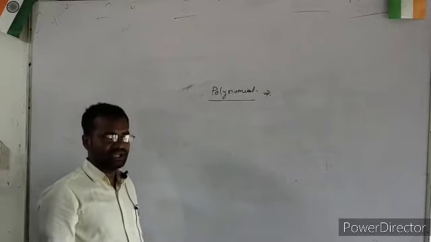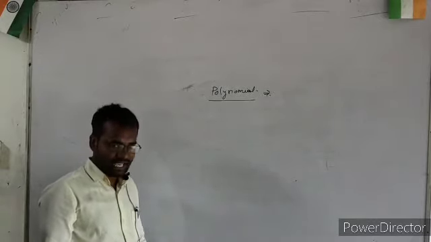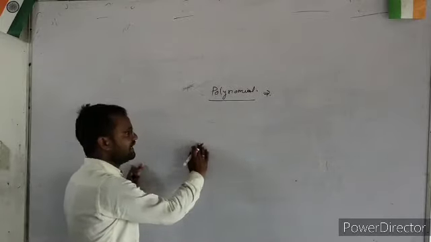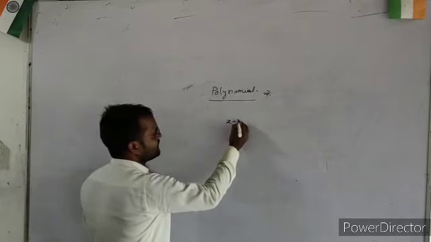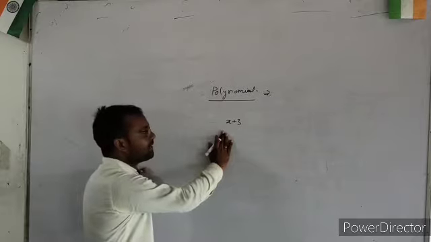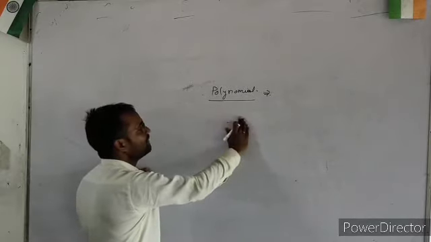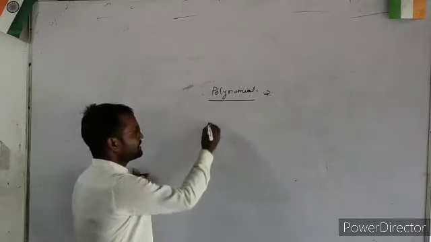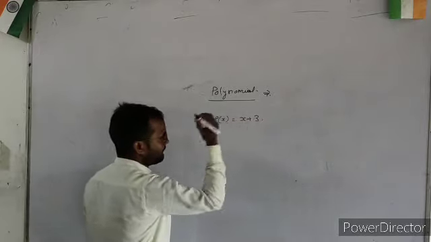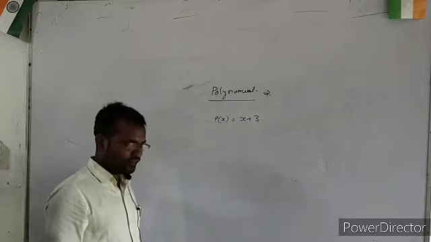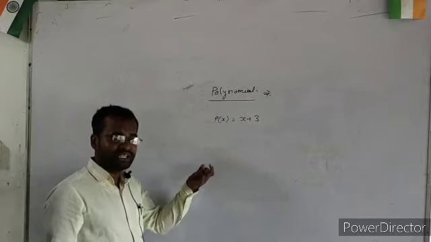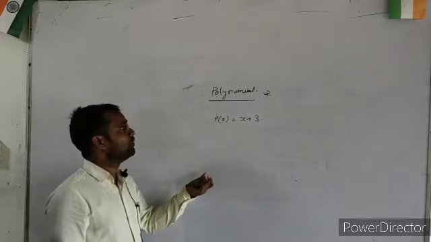In the 8th standard, students, we studied algebraic expressions. In algebraic expressions, we studied things like x plus 3. That is what? An algebraic expression. Okay students, but in this chapter, in polynomials, we are studying a function, the polynomial p(x) is equal to x plus 3. So an algebraic expression which contains positive degree is known as a polynomial.